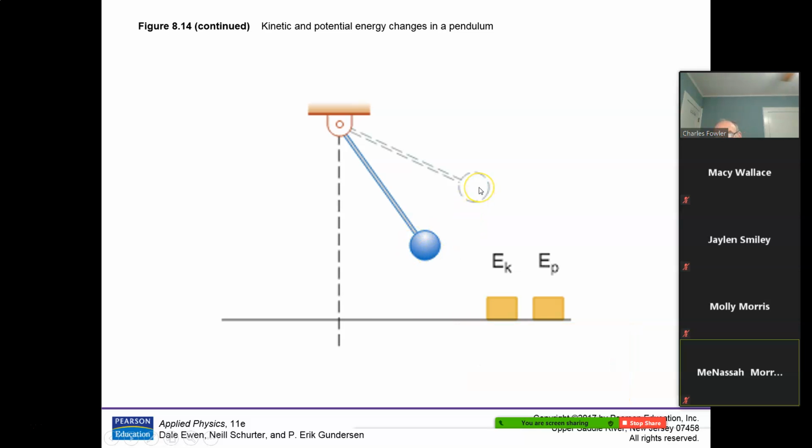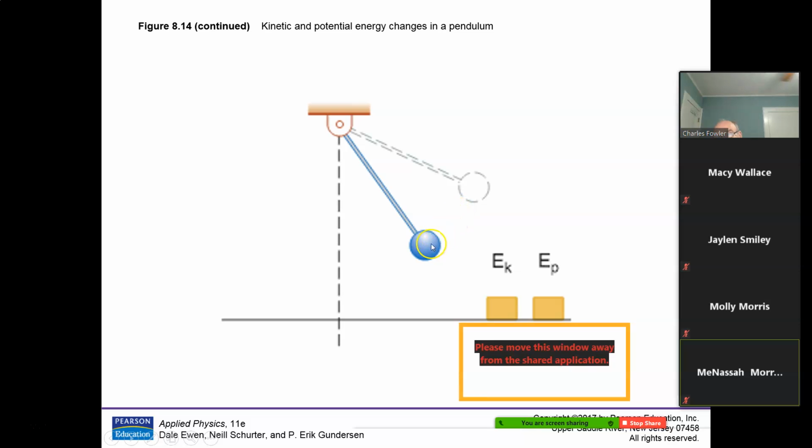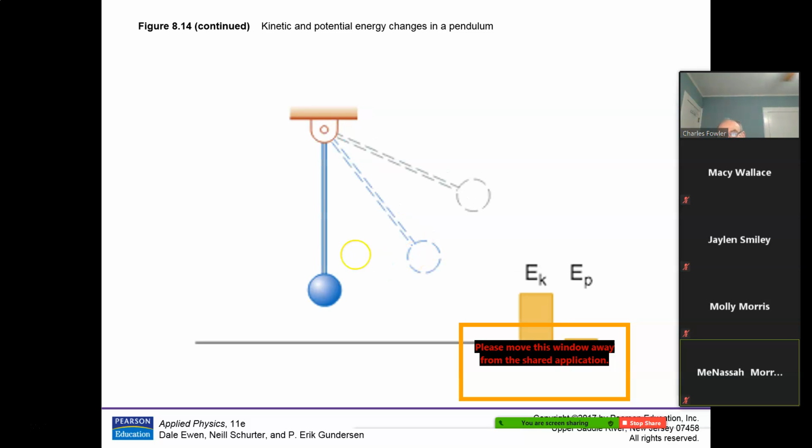Because as soon as you released it, it started picking up speed. When it started picking up speed, it started picking up kinetic energy while it was losing its gravitational potential energy. Okay? In a little while, it will reach the lowest point that it can go. And at that point, it doesn't have any more gravitational potential energy because that's as low as it can go